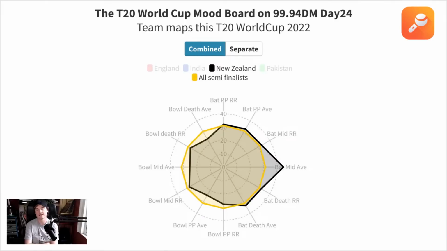And every single, I was going to say quadrant, it's not a quadrant, is it? Whatever the sixth one is that I should know off the top of my head, but I've forgotten. But every single sixth of this game, they have an advantage over the teams that they are playing at the moment. So they score a little bit quicker at the top, and they don't lose a lot of wickets. They score a little bit quicker in the middle, and they don't lose any wickets. And then when they get to the death, they have another little jump up on run rate, and also they don't lose too many wickets at the death either.